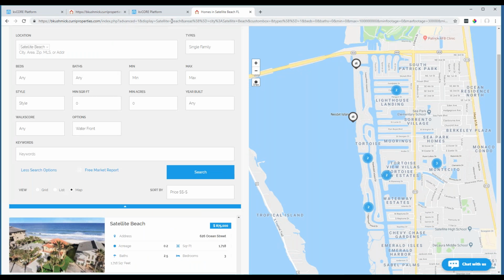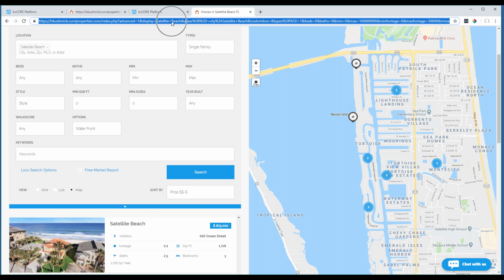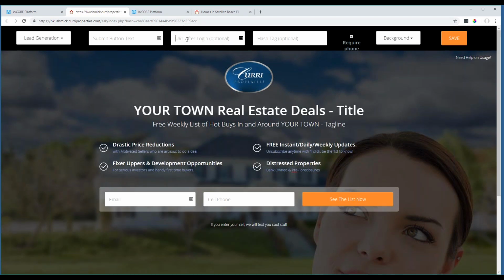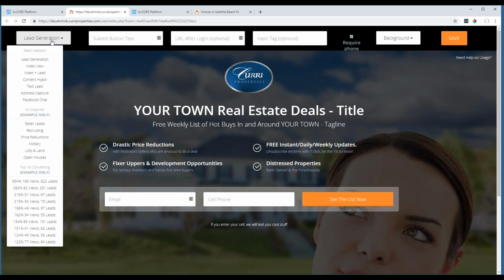And once you're done with that, you're going to go ahead and copy that hot sheet link that I just created. This link will be plugged in to this setting here. So I'm going to go through these settings from left to right. Now that I know that we're going to be promoting waterfront homes in Satellite Beach, I can start making changes to these. So from the left setting here, lead generation, it is going to give you a drop-down menu split into 3 sections: main options, KV inspired,